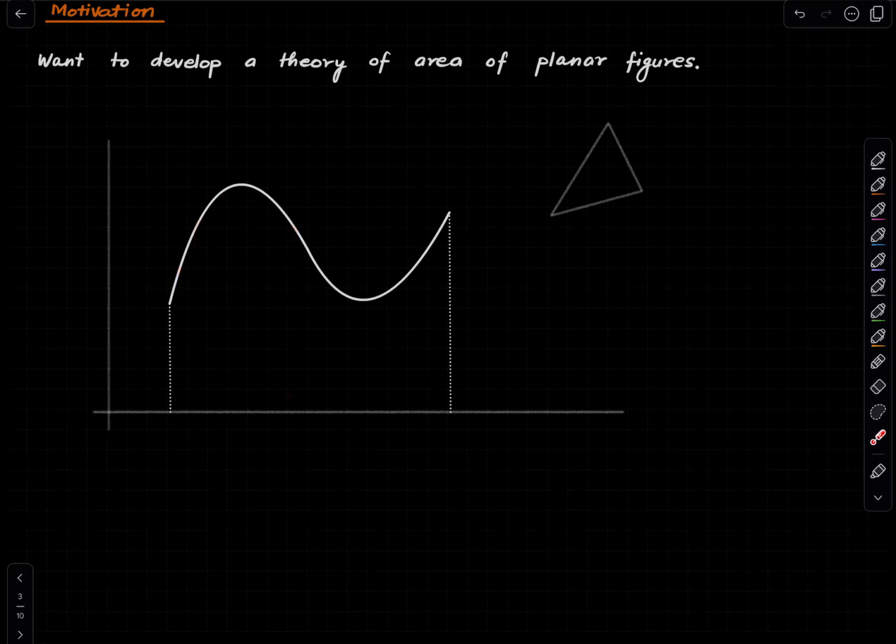So for instance, if we have the graph of the function that we have depicted here, the domain being a closed interval, then we can talk about the area trapped between the curve and the x-axis. Assuming the function is sufficiently nice. Not all functions behave well enough for us to be able to assign a value to this region, but a very large class of functions will have that property, and it will satisfy the usual algebraic relations that we expect